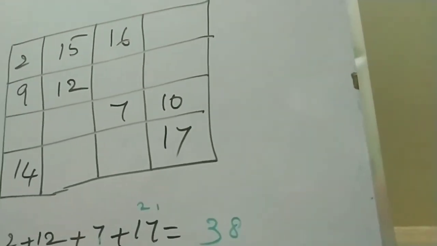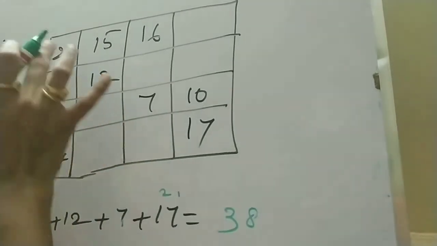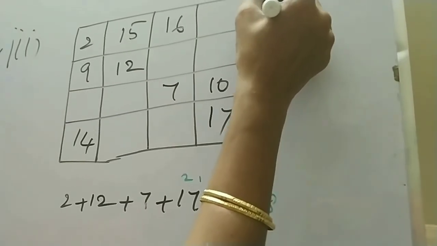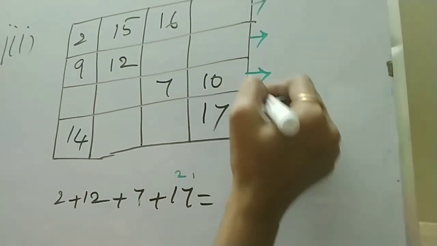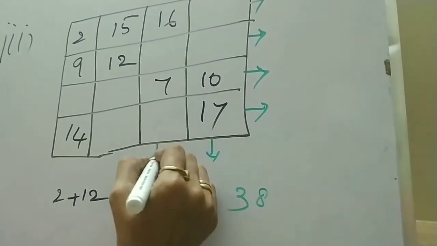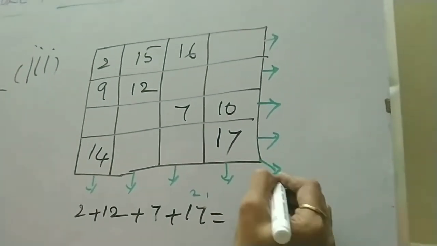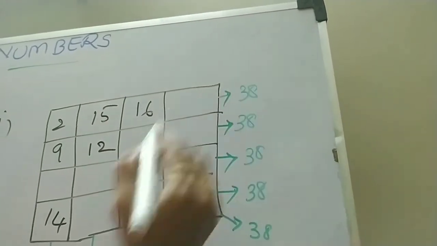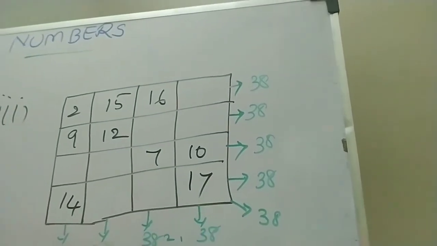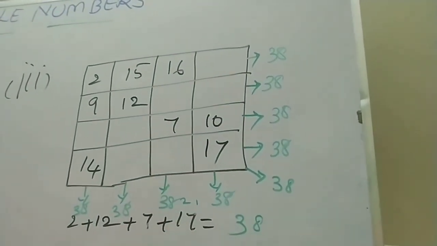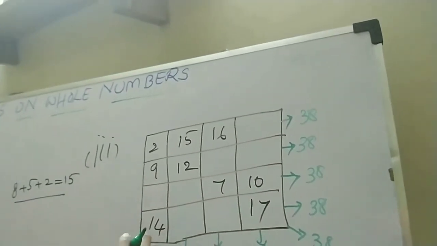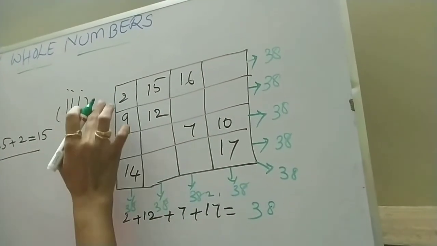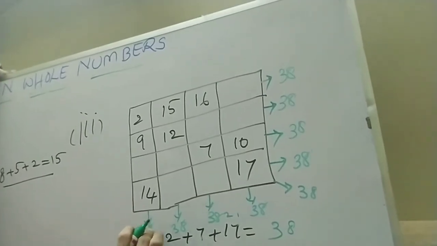The sum is 38. From this what can we see? In the diagonal, if you add all the numbers, you are getting 38. So if you add all the rows, horizontally and vertically, you have to get 38 only. In all the ways you have to get 38. That is our pattern here. So if you add the remaining numbers, and subtract that sum from this 38, you will get the missing number.